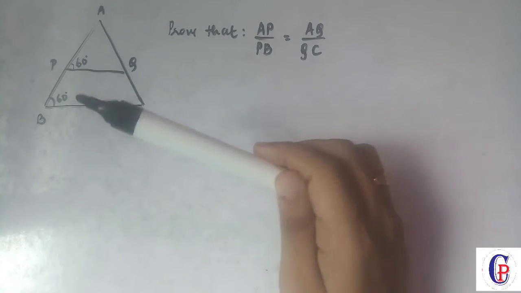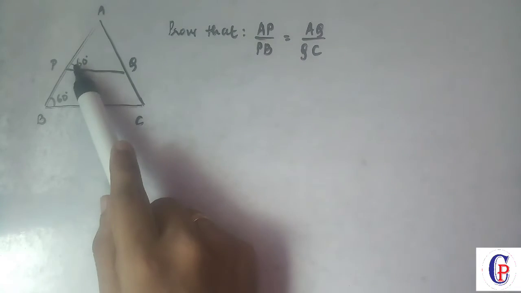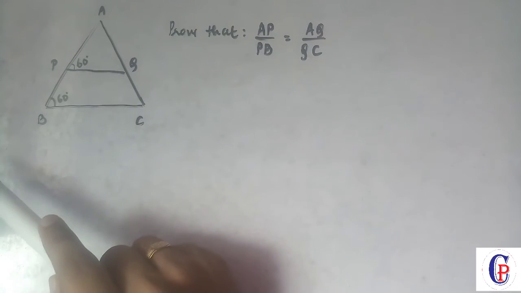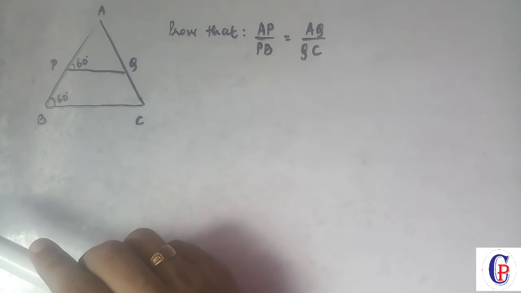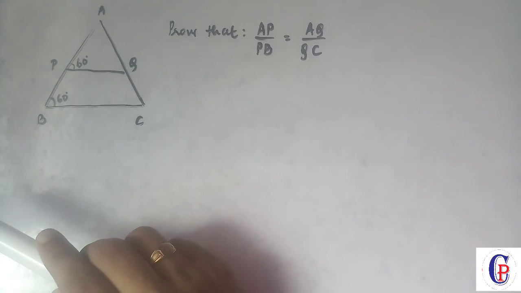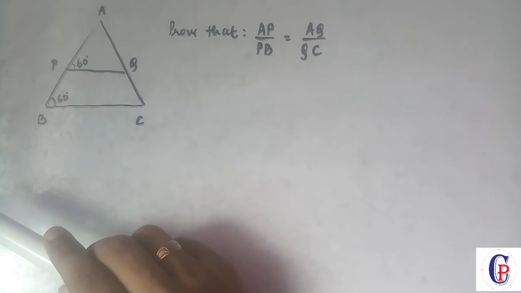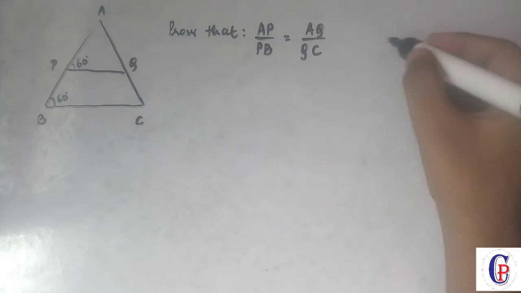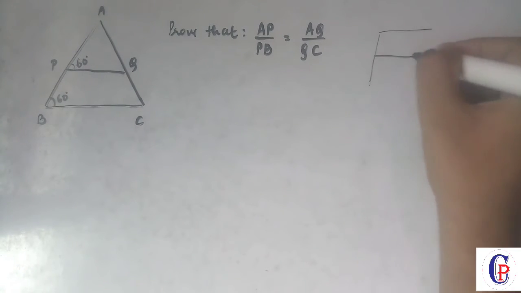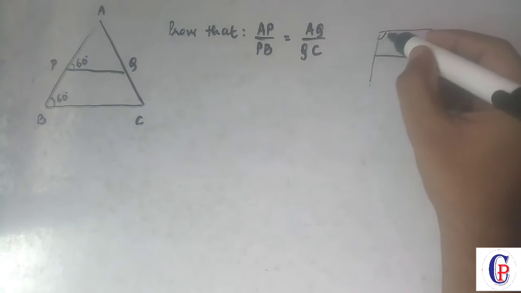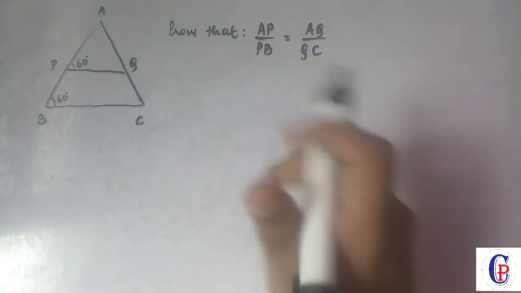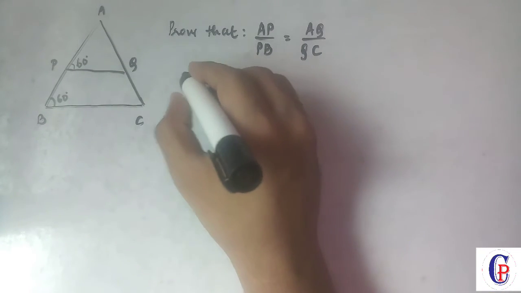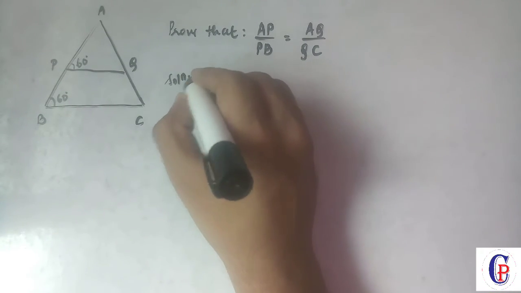But you can observe here that it is given that this is 60 degrees and this is 60 degrees. So we can say that these lines are parallel by the corresponding angle test. Right, we have already studied how to prove two lines parallel. If we see a letter F, this is a shortcut trick. If we see a letter F with 60 and this 60, then these two lines are parallel, right? So we can say here that this is the solution.